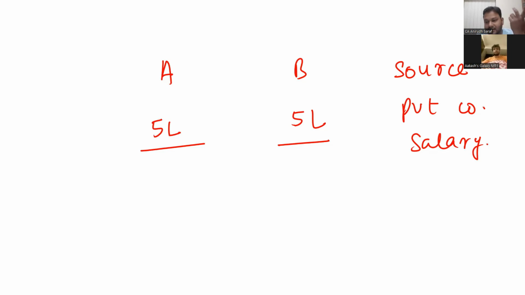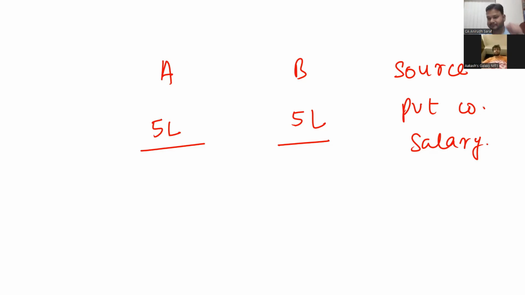Okay, why? Give me a possible reason or an example how or why. Maybe because they are working in high companies or low companies, sir. No, they are working in the same company. Yeah, same company, but maybe they are working in the upper level, high level company or something. Doesn't matter. Both are in the same company. Whatever they are doing is the same. And they are earning the same salary also, 5 lakhs. Then why will they pay different amount of tax?